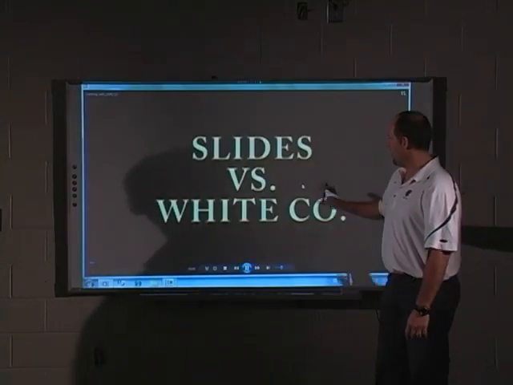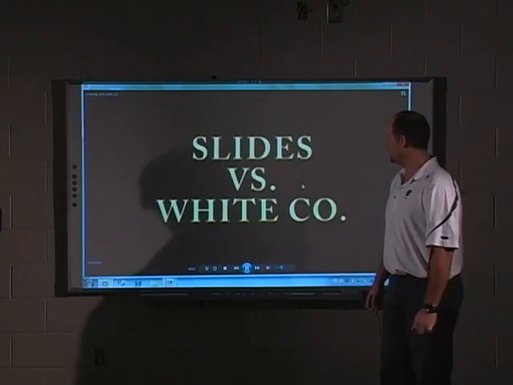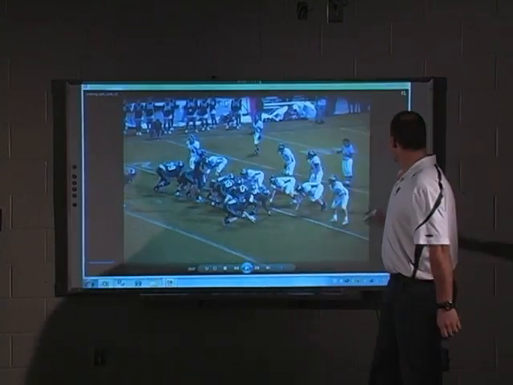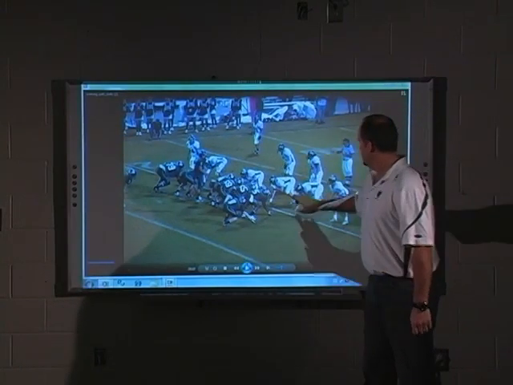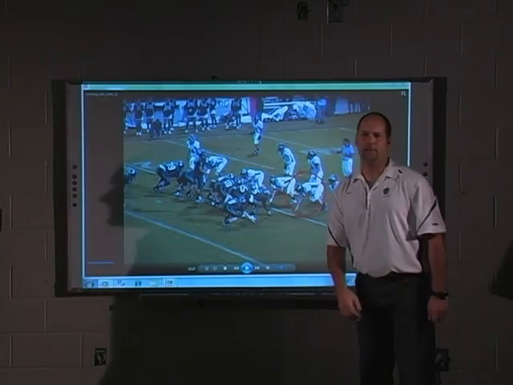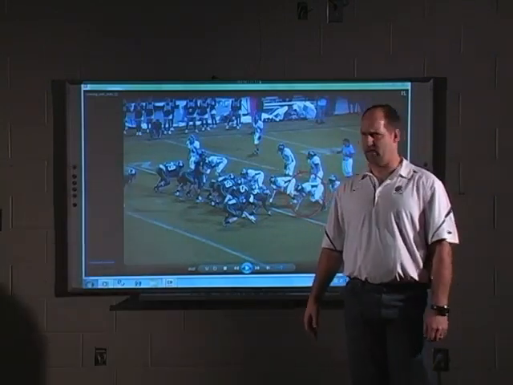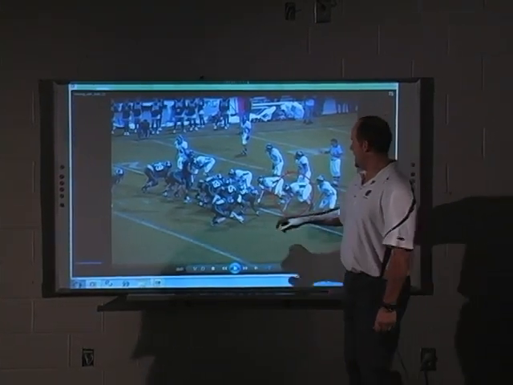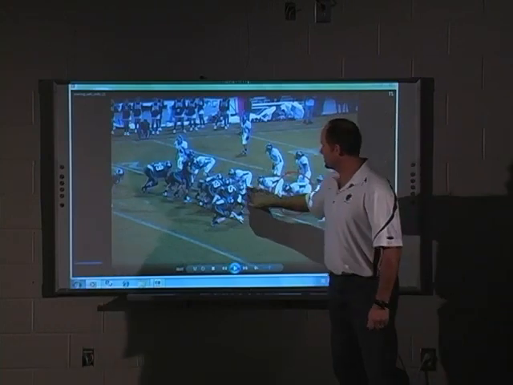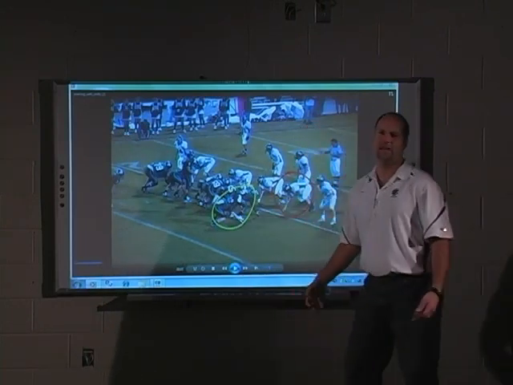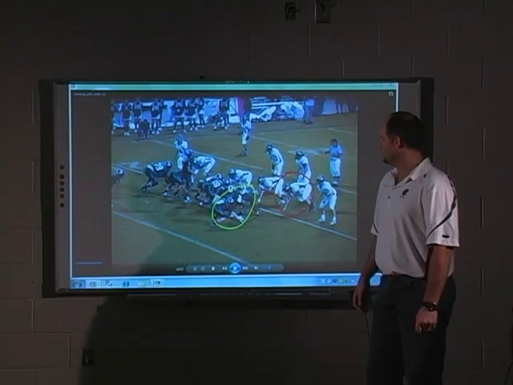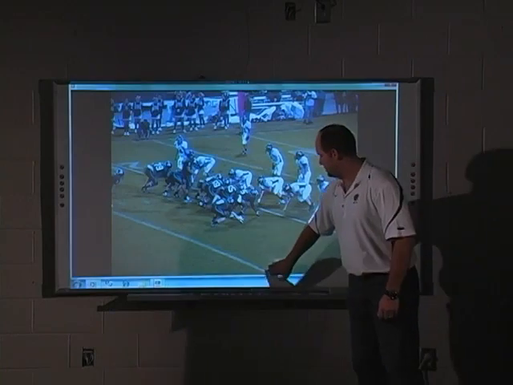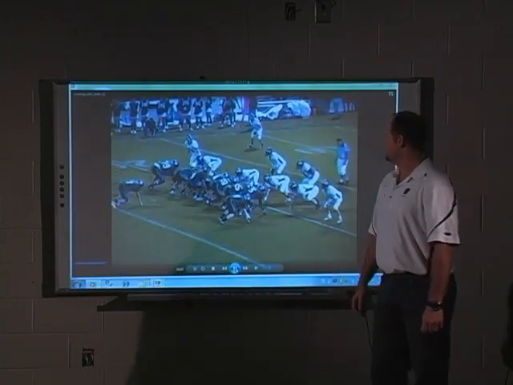The first game is how we utilize slides against White County in 2009. I'm going to stop this and pause it for a second. Their defensive end right here had been playing defensive tackle for the last few weeks. I guess they decided they wanted to put him out here against our tight end and really create havoc, because one of the best plays we had is our buck sweep. And you'll see here in a second what happens when this guy lines up over here and what he does to not only our tight end but also our backside guard.